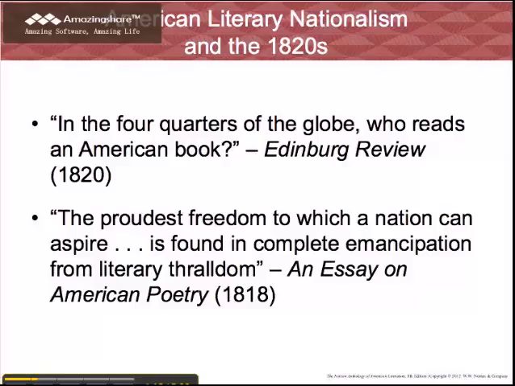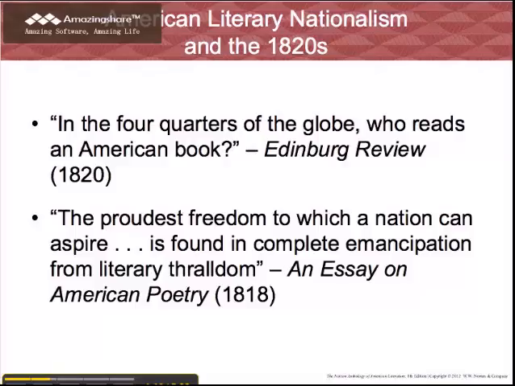End quote. Prior to Smith's attack, American writers and critics had already issued a call to create a body of American literature that was independent of British and European influence. In an 1815 issue, for instance, the critic Walter Channing urged his countrymen to produce, quote, "a literature of our own," end quote. Similarly, in his 1818 book, An Essay on American Poetry, the critic Solyman Brown asserted that Americans